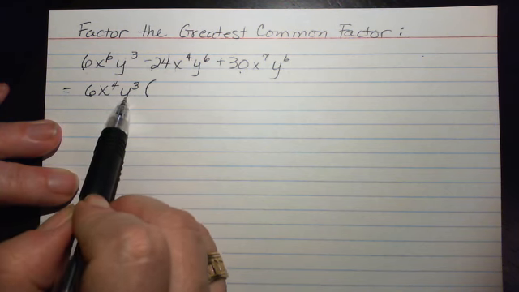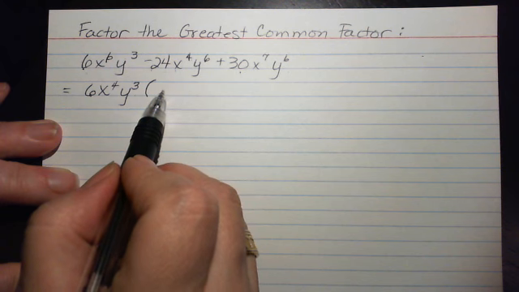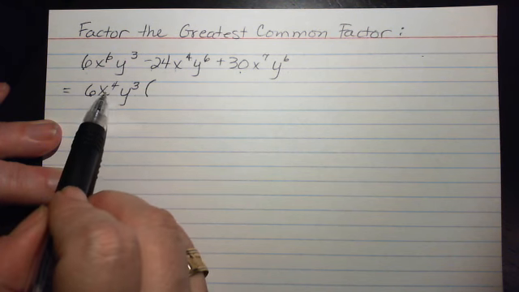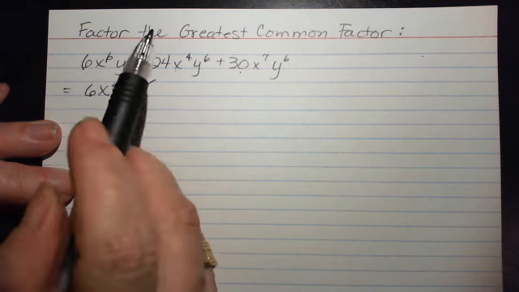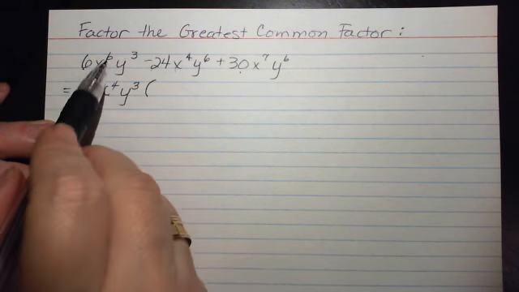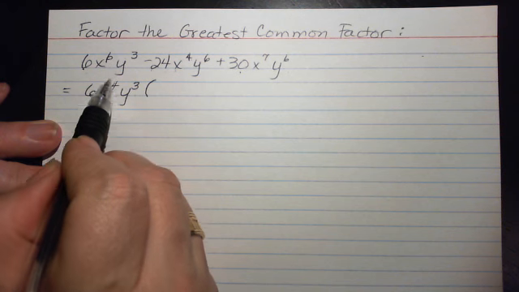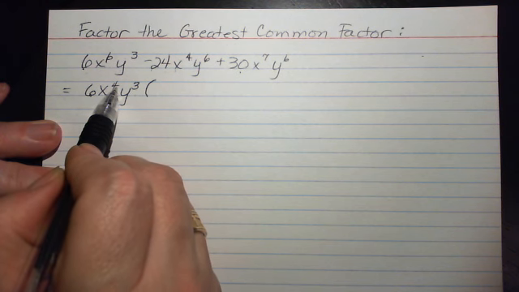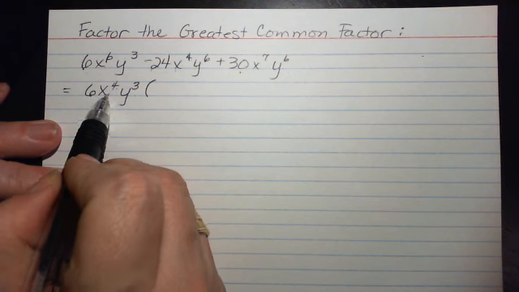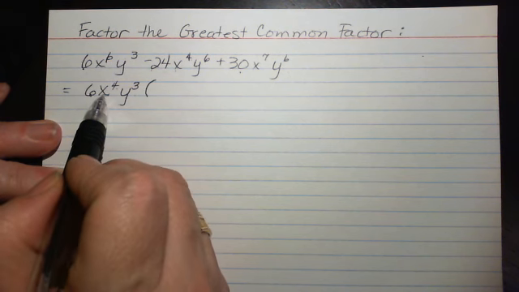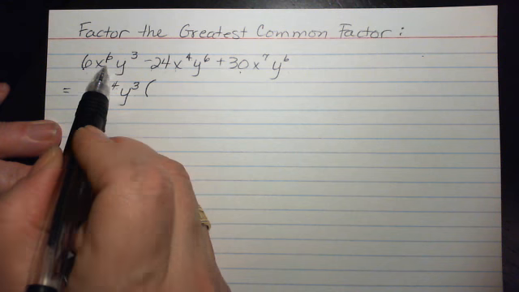We don't have to show the 1. So we'll leave it understood for now. When we factor x to the 4th from the x to the 6th, we're dividing out. So remember, when we divide same bases, we can subtract the exponents. So that means dividing x to the 4th from x to the 6th,